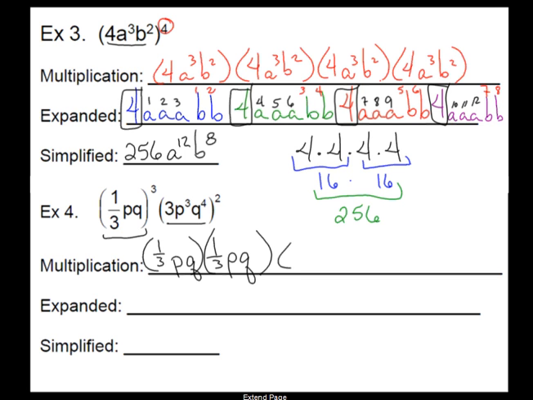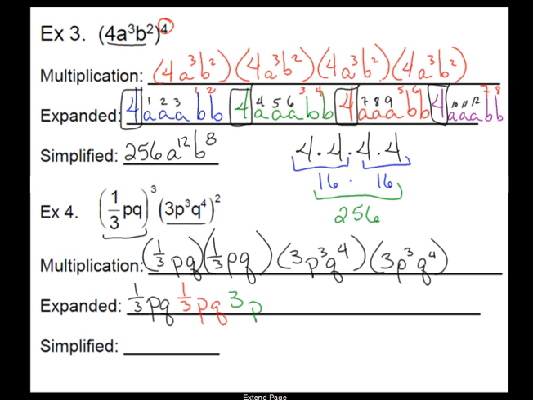So it's going to be 3 p cubed q to the 4th, and then a second time, 3 p cubed q to the 4th. The first ones, there's nothing to expand, so I just rewrite them. 1/3 pq, 1/3 pq. I now need to start expanding these, so that's 3